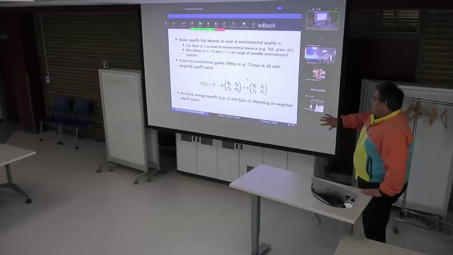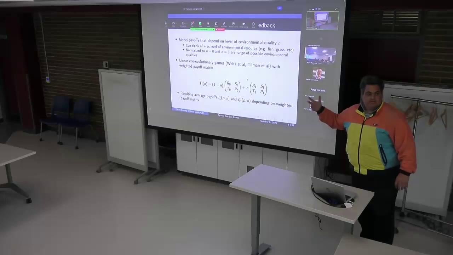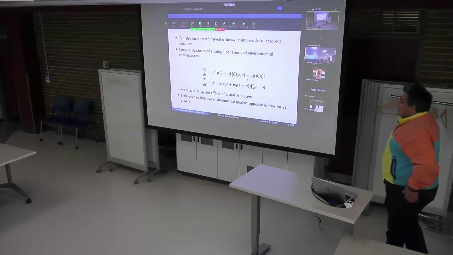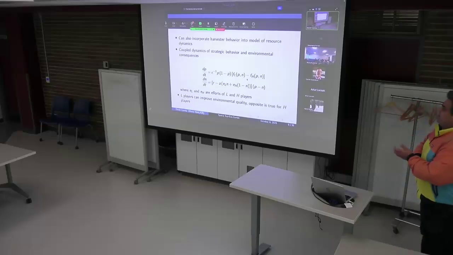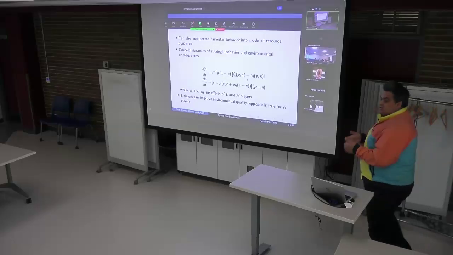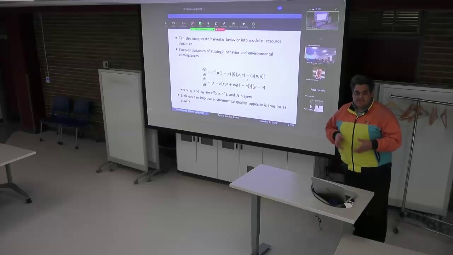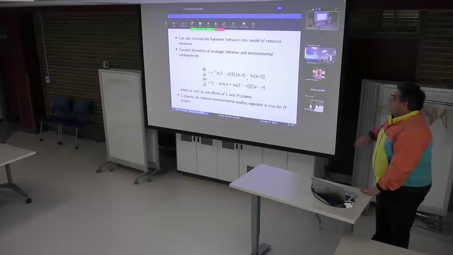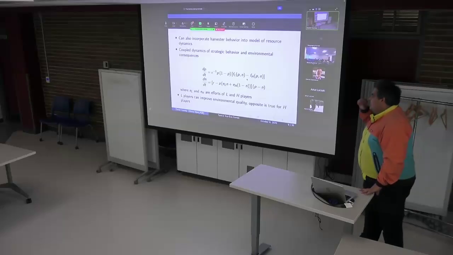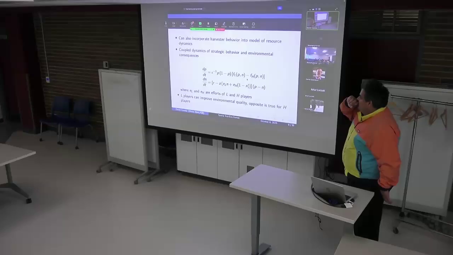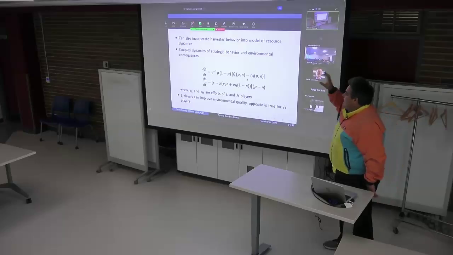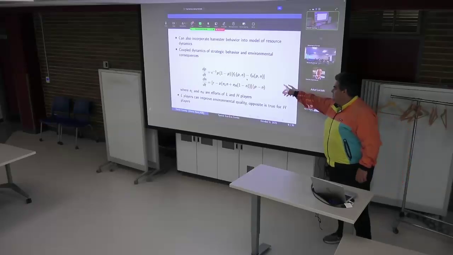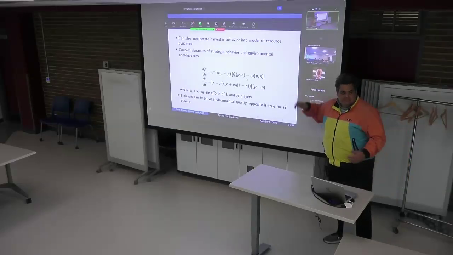And we can calculate the average payoffs based on the environmental quality and see how environmental quality can impact payoffs. But going the other way, we can ask, how does the strategic behavior of individuals impact the level of resources in the environment? This was the model that Weitz and co-authors and Tillman and co-authors were thinking about. They couple the dynamics of strategic behavior and their consequences on the environment. So we have a replicator equation still based on these now